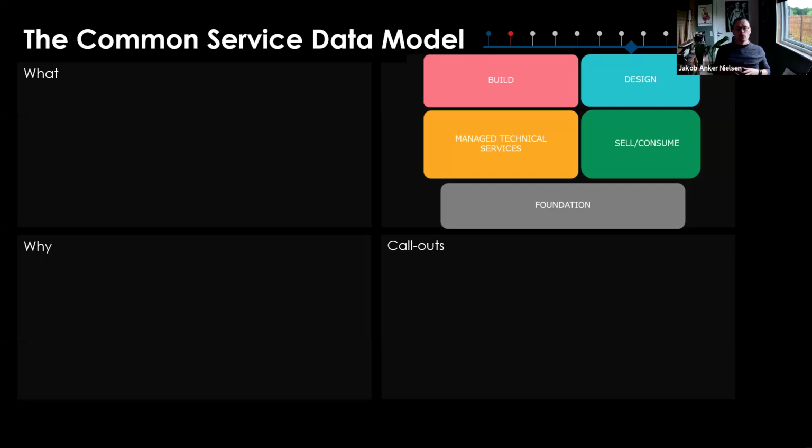Callouts. This is if there is anything significant that you want to highlight, or at least that's how I used it for, in this case, for the common service data model. One of the callouts that I did do is there was a quick win in terms of foundational data that could be not migrated from another repository